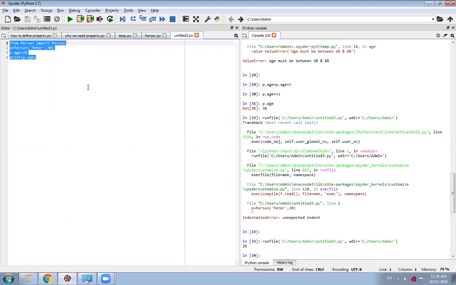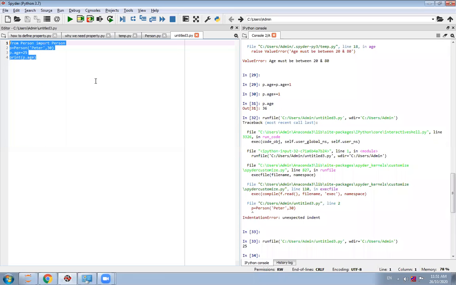Whenever you need to perform data validation in a program on existing instance attributes, that time you should turn your program into the property.